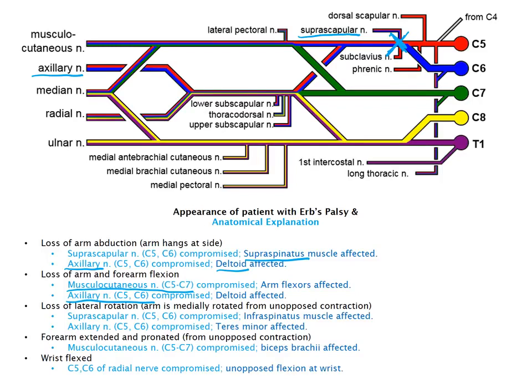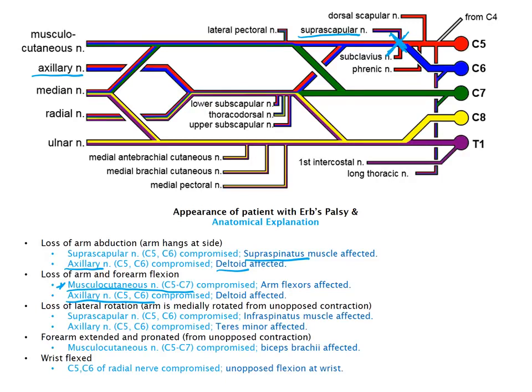The musculocutaneous nerve also innervates the brachialis muscle and the biceps brachii. Both of those muscles participate in forearm flexion, and as such, you would have difficulty flexing your forearm if you had Erb's palsy. Not only does a patient with Erb's palsy have an arm hanging at the side, but